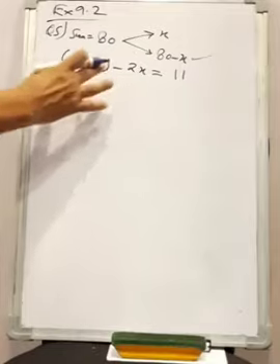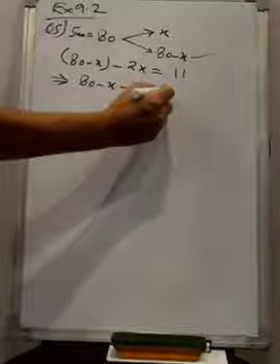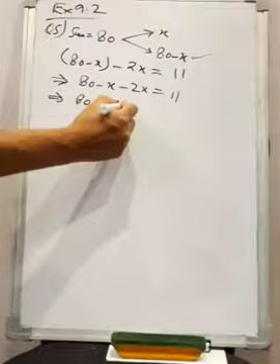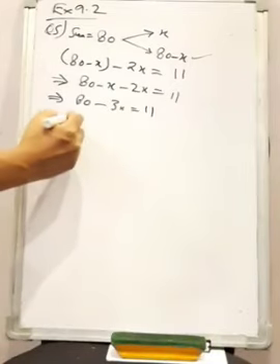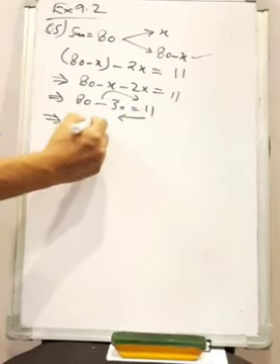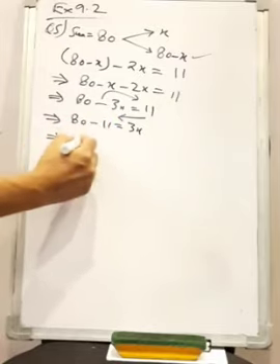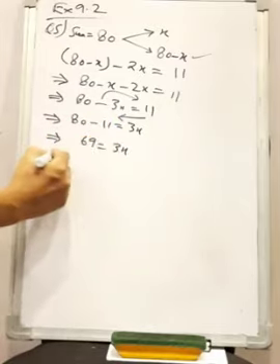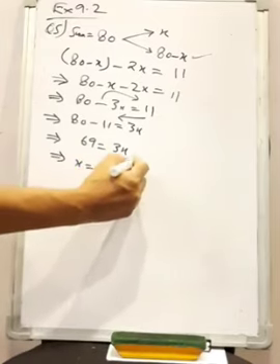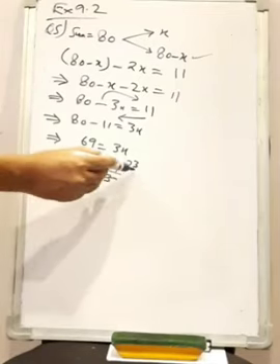Now we got the equation. Let us simplify it and solve it. So open the bracket. So 80 minus x minus 2x is 3x, equal to 11. Now this goes to the other side and this comes to this side. So 80 minus 11 is 3x, right? And this is 69 equal to 3x. So x equal to 69 by 3. 3 2s are 6, 3 3s are 9. So we get the value of x as 23.